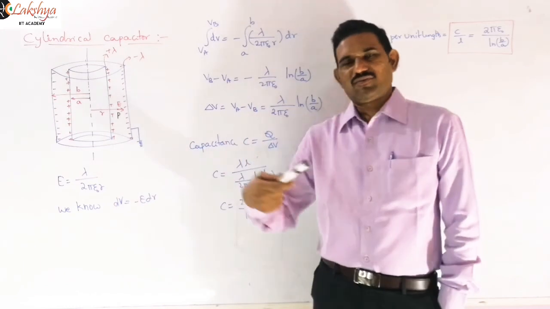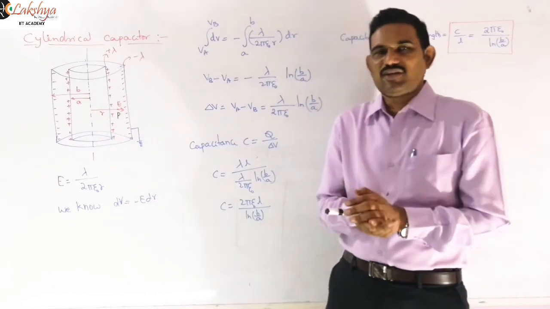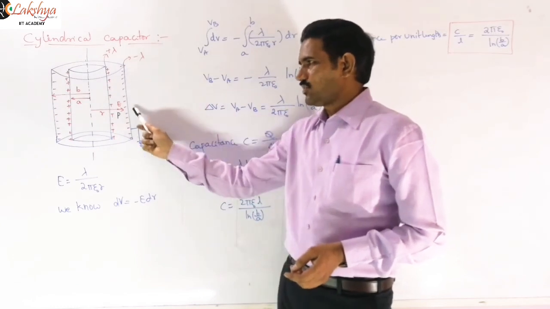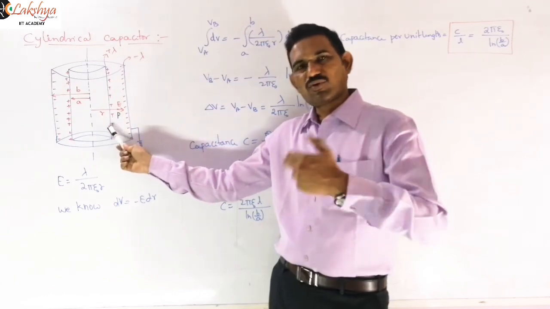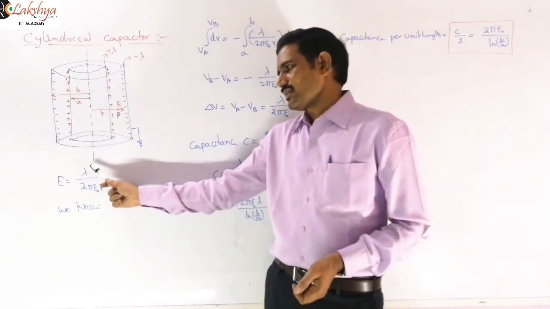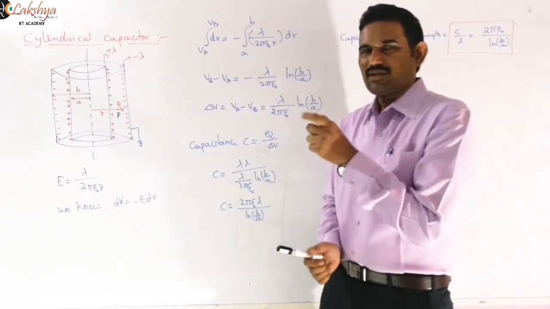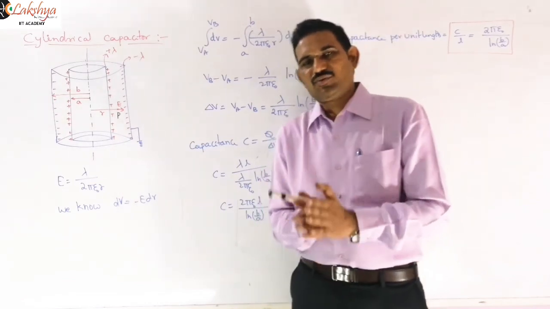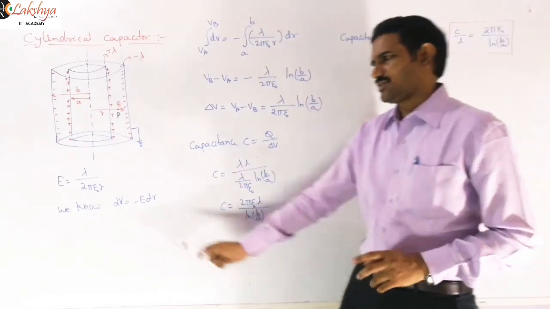Again, similar to our previous shells, in a cylindrical shell the electric field inside will be 0, so there will be no electric field due to this outer shell, because the point lies inside of it. Only the inner shell will produce the field at that point. The field due to that long cylindrical shell is nothing but lambda by 2 pi epsilon naught r. Here you need to remember that we are taking long cylindrical shells, so the radius is negligible when compared to the length of the cylinders. So this is the field expression.